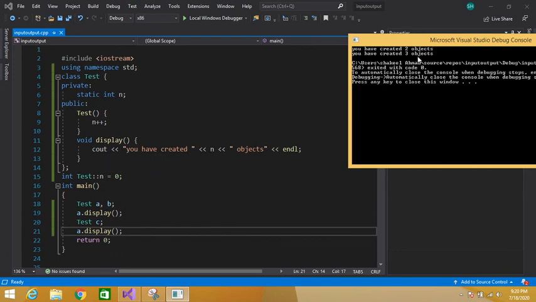Then our program terminates. So in this way we can check how many objects of a class have been created. A static data member will share the same memory for all objects of the class.